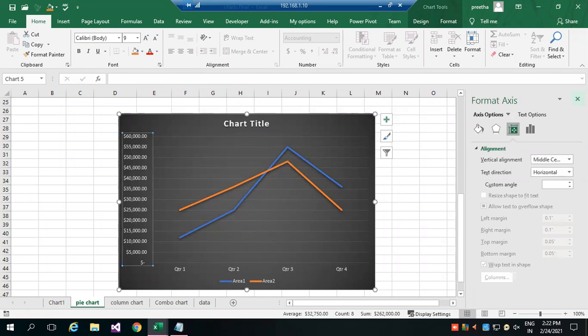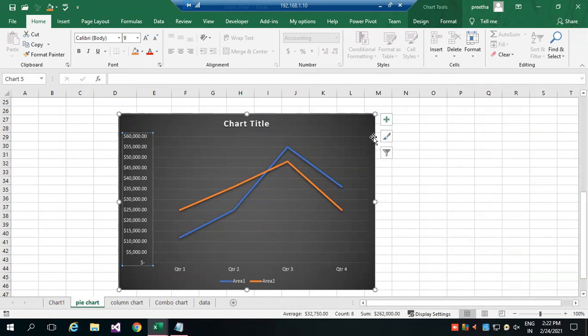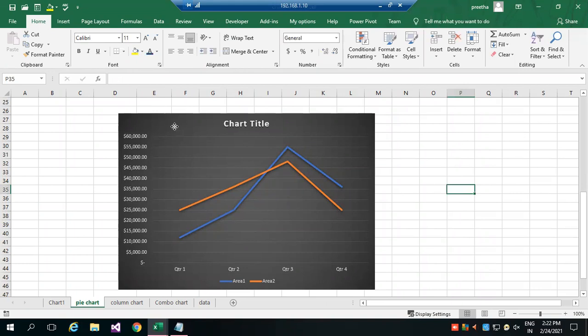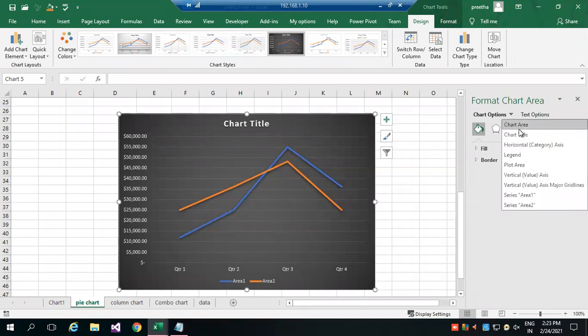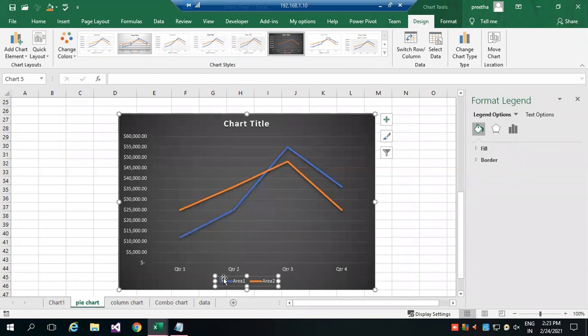How do I make any changes according to my requirement? Just double click on your chart area. You will get Format Chart Area. In this, you can select only the area, only the title, axis, or legend. So here is your legend place.